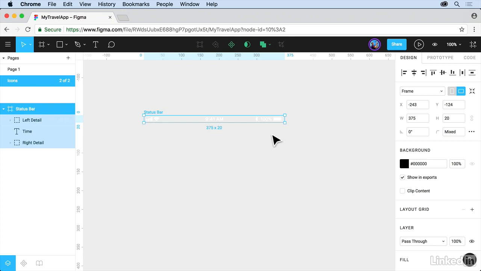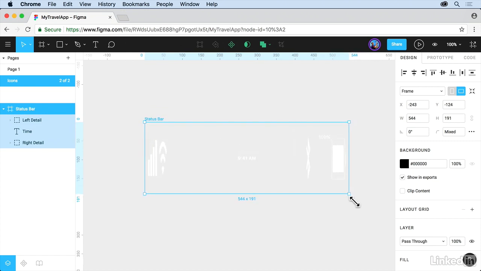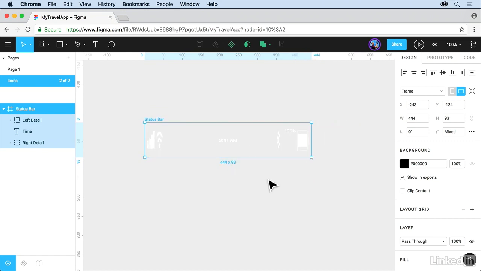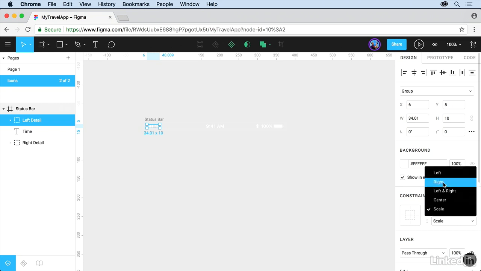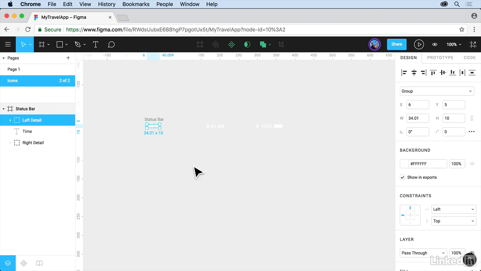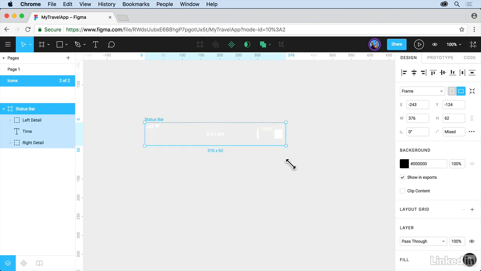But in this case, if we scale this frame, make it bigger or smaller, you're going to see it's going to actually stretch and squish, do all kinds of crazy things with these icons. I'm going to undo that by pressing Command-Z on Mac or Control-Z on Windows. Those are called constraints. If you click on an object on the frame, it's going to either scale or be stuck to an edge based on how you scale the frame. So if you look over here in constraints, this object is actually scaling. If you don't want that to happen when you change a frame size, you can choose left and top, just stick it in there, or center it, or do something like that. That way, if I click back on the frame and resize it or scale it, you'll see what it does. All right, let me undo that, Command-Z or Control-Z.